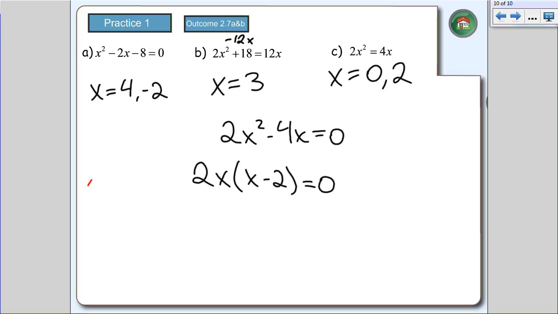Any questions with these? Well, wouldn't the x equals 3 look good? Would it just be like